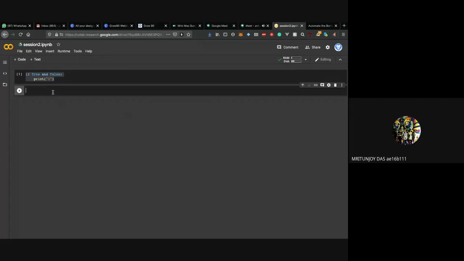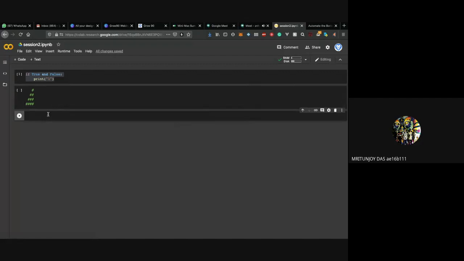So let's make a program which prints some kind of staircase, given that n is given. Let's make that, it's a very easy program. Print